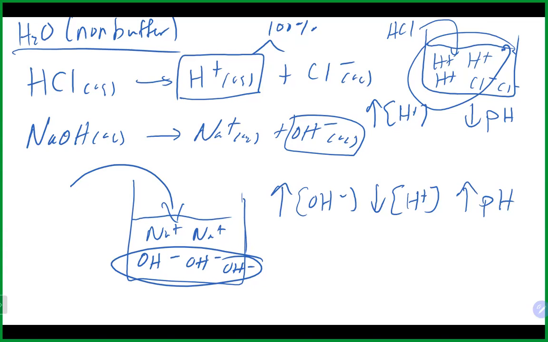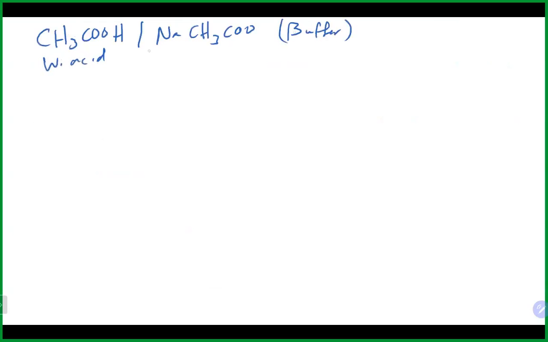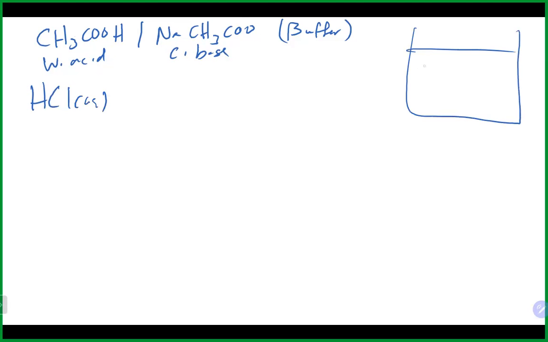So what happens if we take a buffer like we did before, everybody's favorite example, which is the one we use, acetic acid and sodium acetate, which is a buffer. And again, that's a weak acid. That is, again, its conjugate base. So when we add our HCl, like we did before, to this buffer that has our acid and our base part in there,